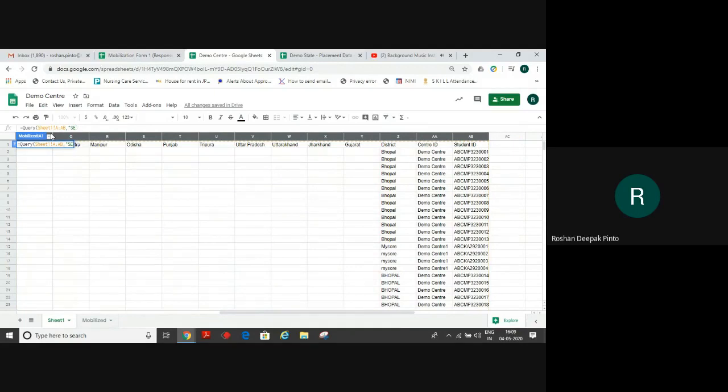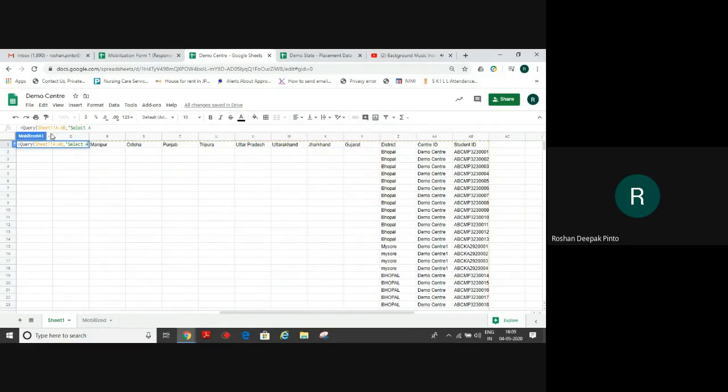I'll write select. I'll select not everything, only a few columns: A, B, wherever the data is relevant for me, C, D, E, F, G, Z, AA, AB.